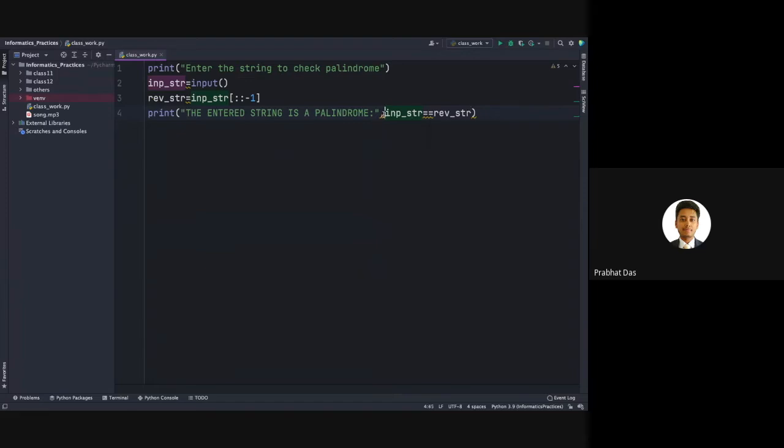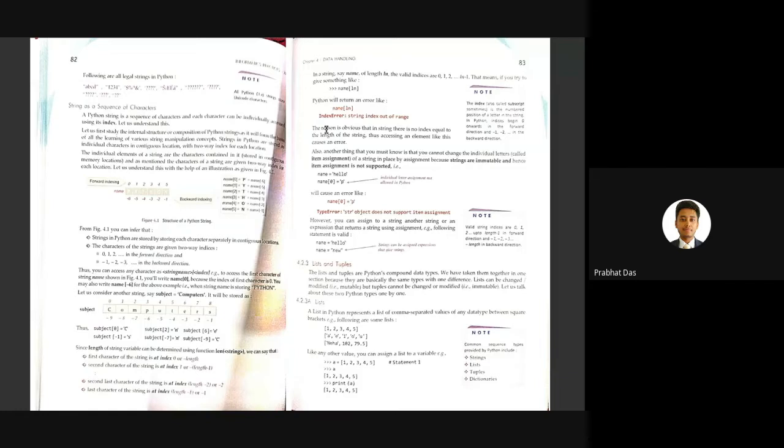I have given a comma over here since I'm dealing with variables which are not strings. After the comma, I'm using those variables and comparing them with the help of the relational operator. That is, I'm checking the equality of both the strings. If it is clear, please type P in the chat box.